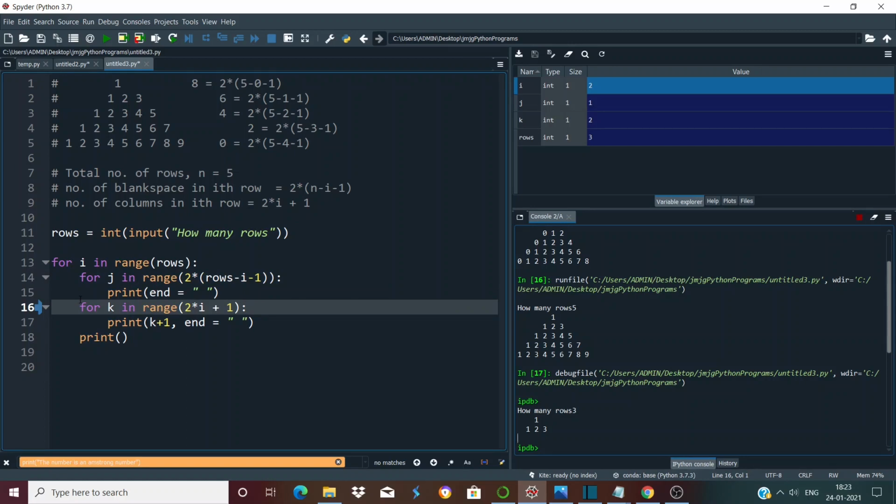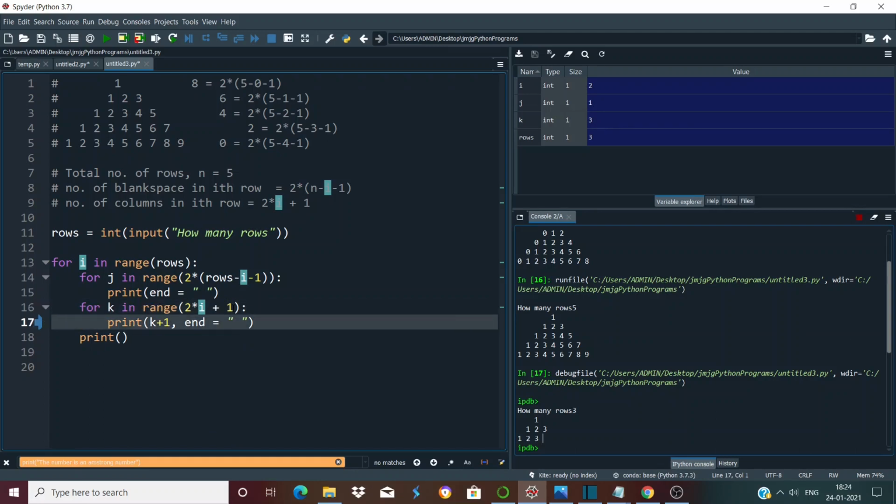At line number 16, for I equal to 2, it will have a total of 5 iterations, right? 2 into 2 plus 1, that is 5. So we will complete all the 5 iterations. 1, 2, 3, 4, and then we print 5. So we completed row number 2 as well.